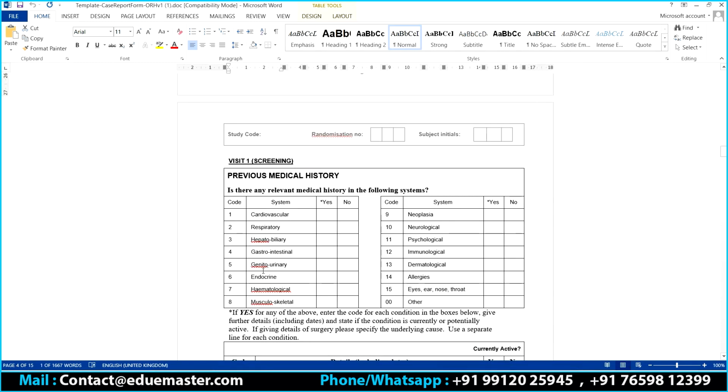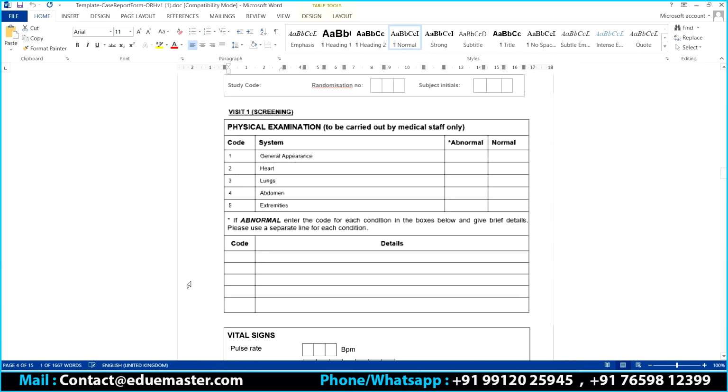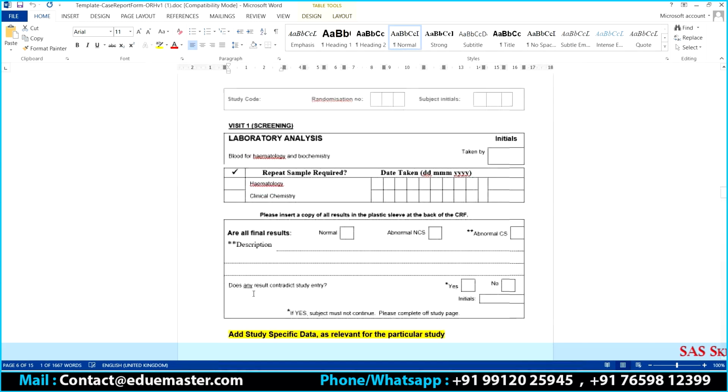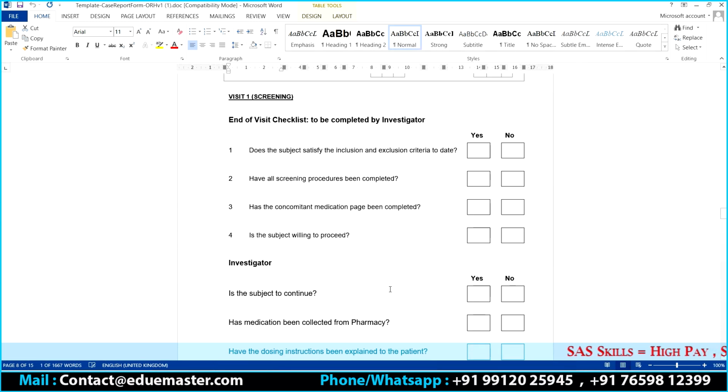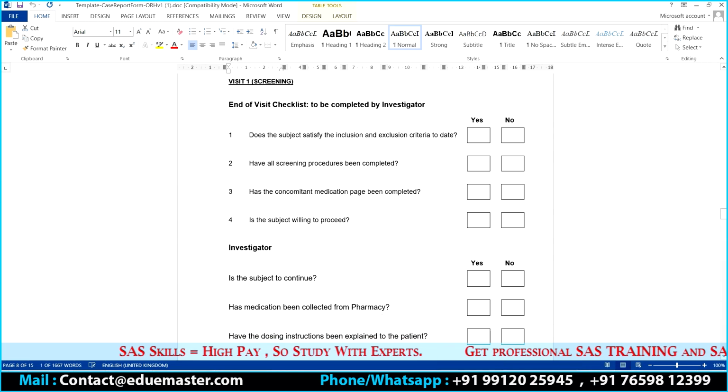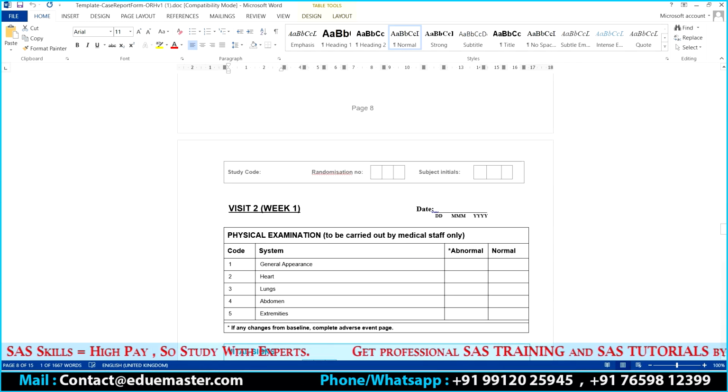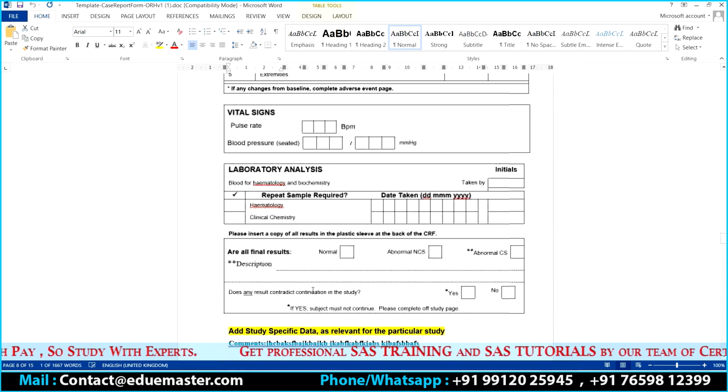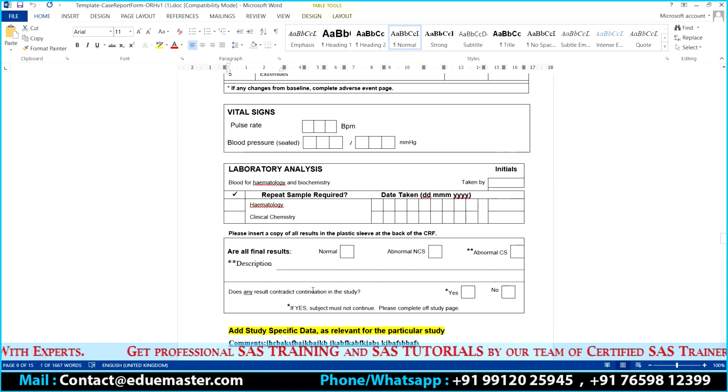So screening, I told you the screening is very important before we decide whether this particular person is a fit for my clinical trials or not. See the previous medical history. This is going to be around 15 pages of the document, and these 15 pages will have all the information that a subject is actually screening and undergoing, right? Now you can understand why it is important. This is important because it has each and every piece of information about the individual subject.